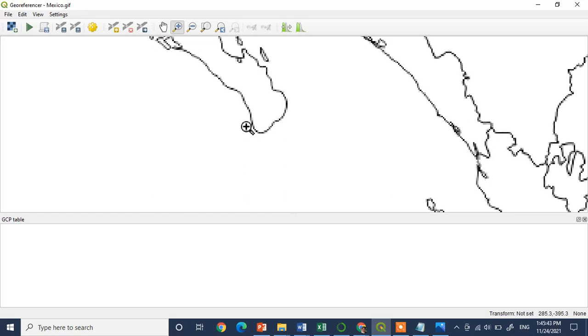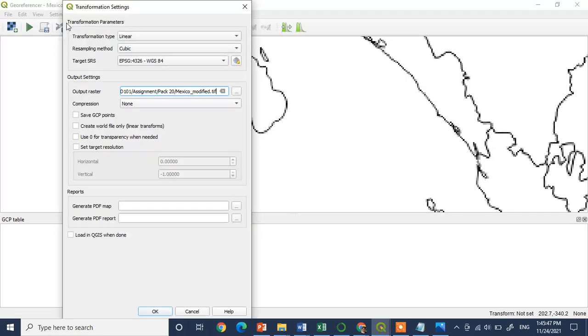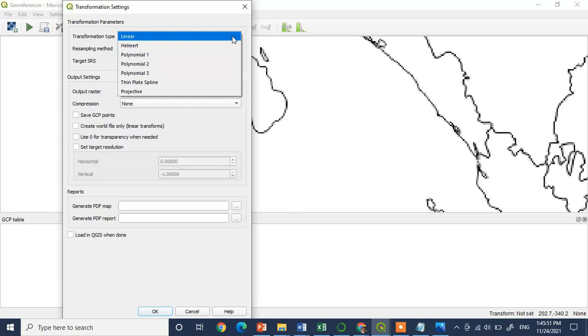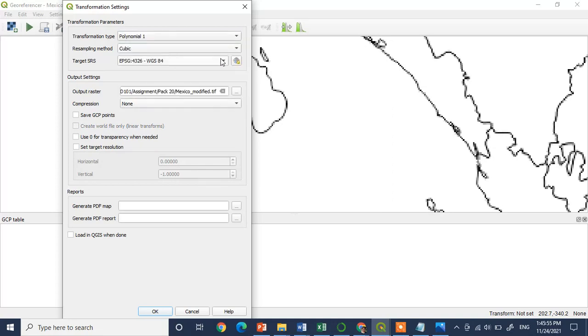You can zoom in on this image to give the exact point. So I have zoomed in on this image and now I want to set the transformation type. Check whether the transformation type has been set or not. You may select any type of transformation type from here. Let's select polynomial 1, and after doing georeferencing, whatever name you want to save your file with, you can provide that name.